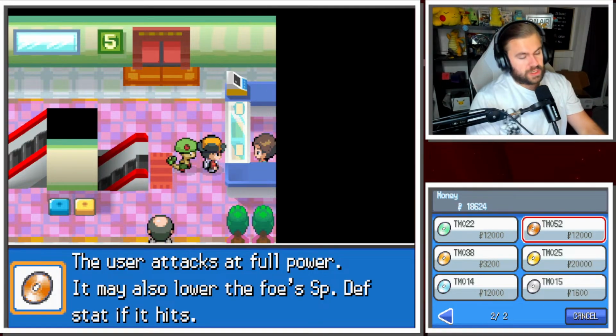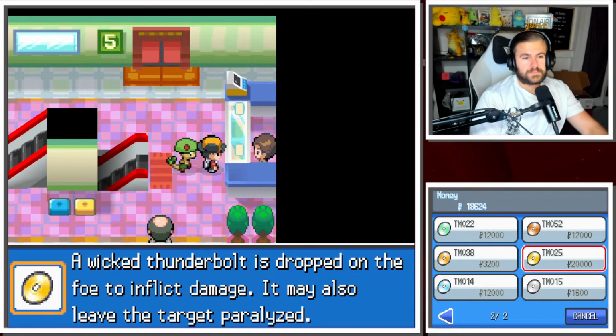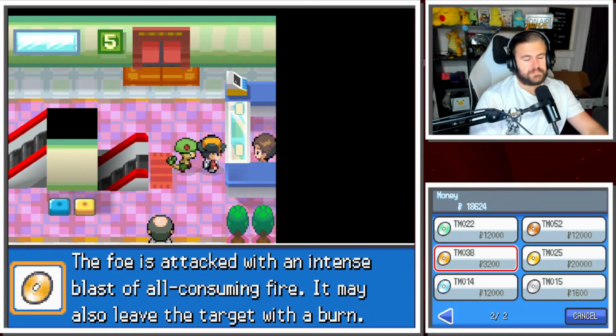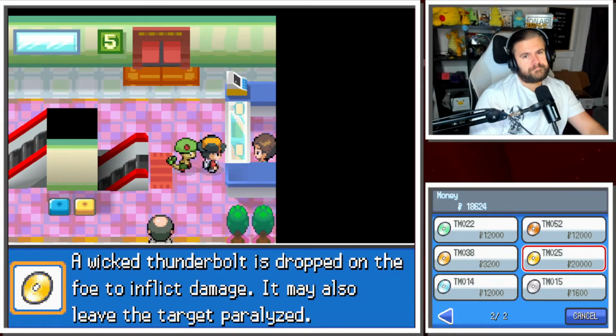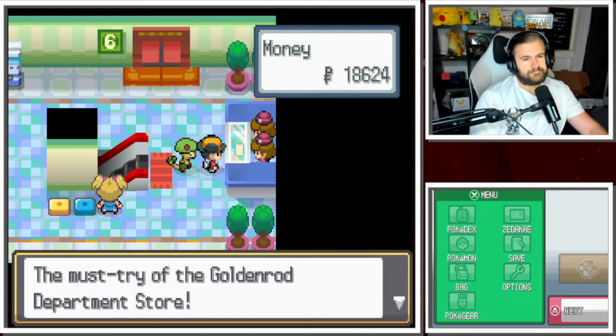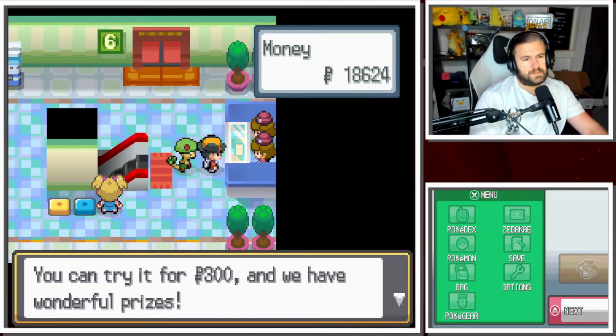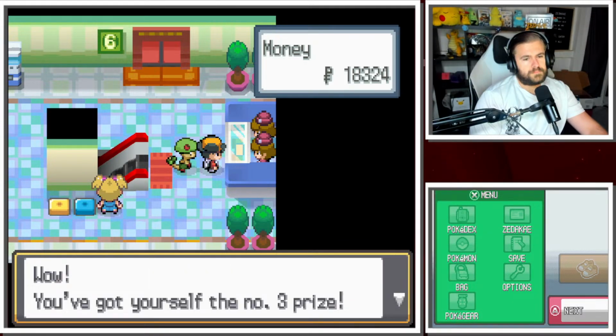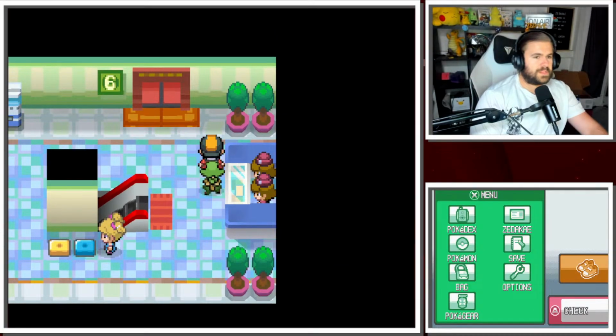Oh, I gotta readjust the items in the shop to 2. Okay, cool.